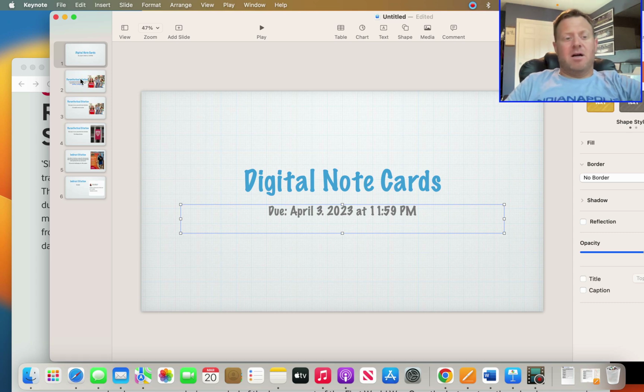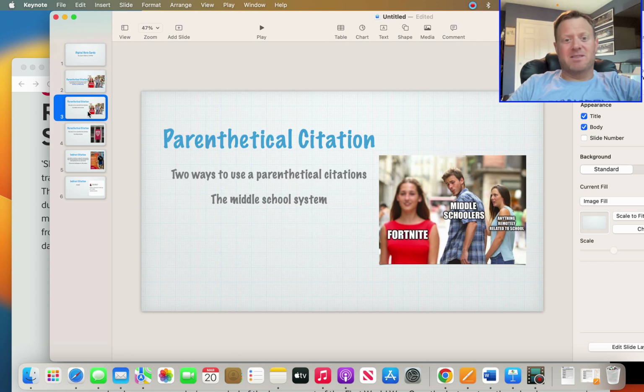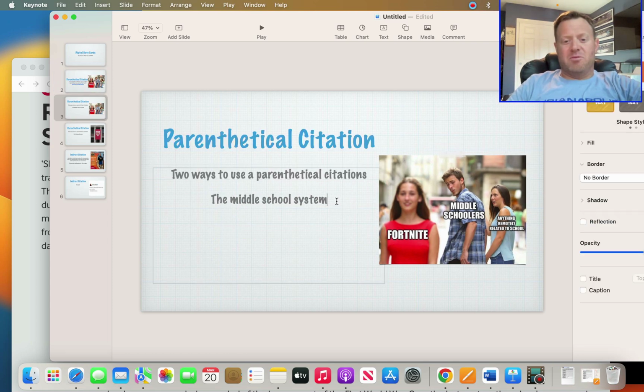All right, so a parenthetical citation is something that gives credit to the author when you're quoting or paraphrasing. And parenthetical citations you're really good at because you guys can copy and paste like the best of them. But there's two ways that you can do the parenthetical citation according to the MLA format. You guys have done this before in your writing, and you've actually been taught it. You would start with the source, according to the Imperial War